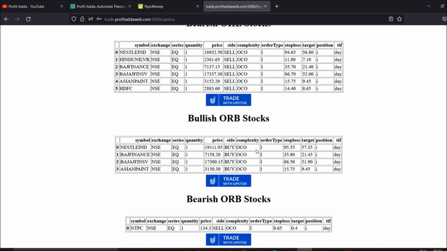Now suppose I'm talking about bullish ORB stocks, I'm definitely going to check with the high, so my open should be less than high, and for bullish stocks which were traded earlier on the sell side, I need to change to buy. Previously it was sell, so that's why I'm getting buy. Same as I do with bearish, I'm checking my open greater than the low. Open is stationary and fixed, as we see in our candle as well. Open and close are fixed, and in between the high and low happen.